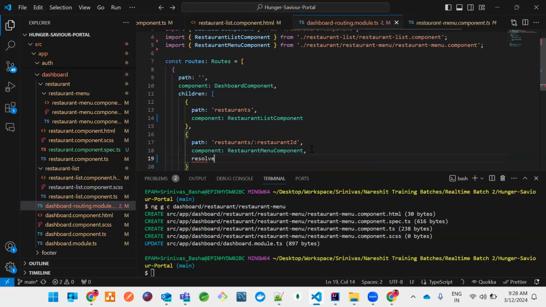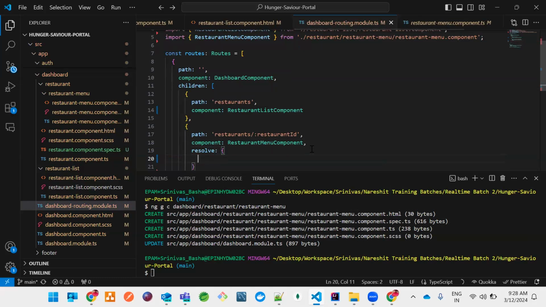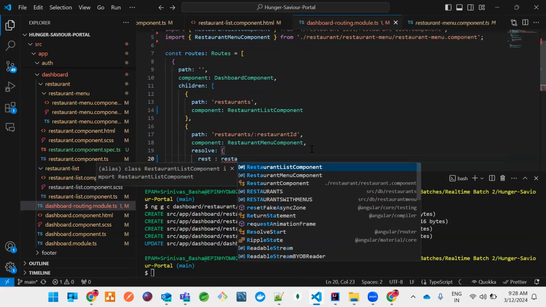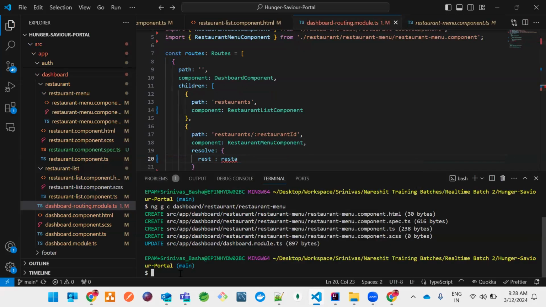So this resolve is basically used. I'll just explain this in a moment. So here I just wanted to create one resolver. So the resolver, I just wanted to create inside the same package. So it's a resolver. So ng generate R